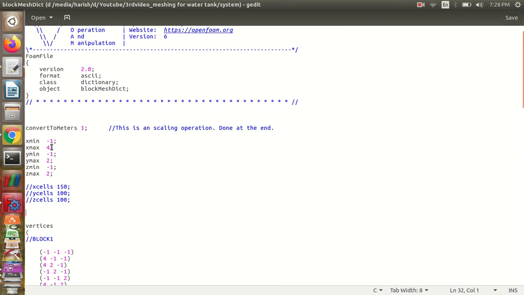My x minimum, that means in the x-axis the starting point is kept as -1 and the ending point is kept as 4. Similarly y-axis -1 to 2 and z-axis -1 to 2.